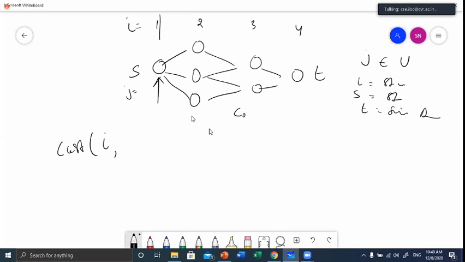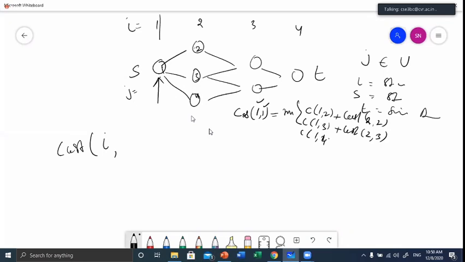Actually, if you want to calculate here, you can write 1, comma 1. First stage, first vertex is nothing but the minimum of what? This distance. That means C of 1, 2, let us say this is 2, 3, 4. C of 1, comma 2 plus cost of 2 stage 2 vertex. Then C of 1, comma 3 plus cost of 2 stage 3 vertex. Then C of 1, comma 4 plus cost of 2 stage 4 vertex. Among these three, you are going to take the minimum. Like that,